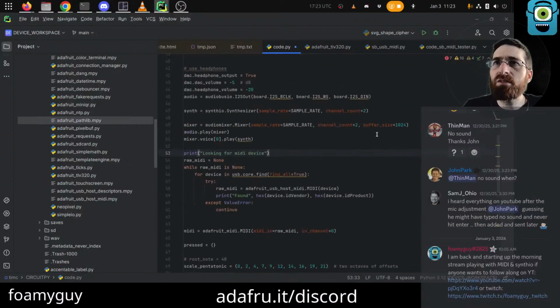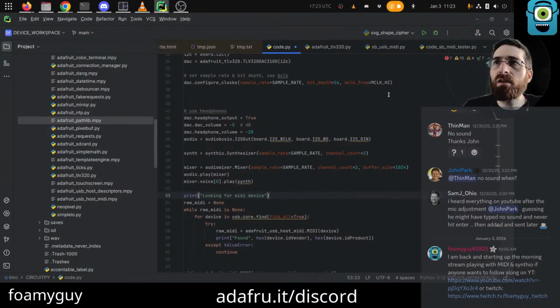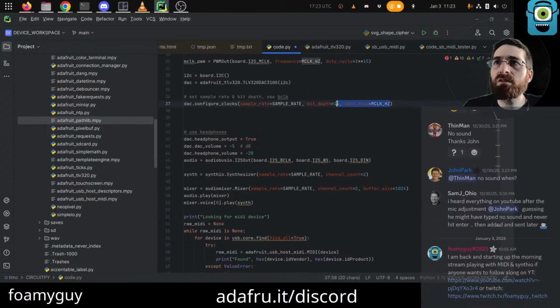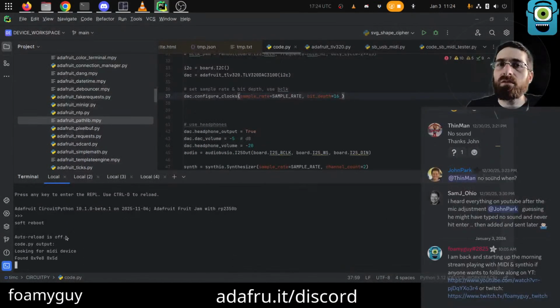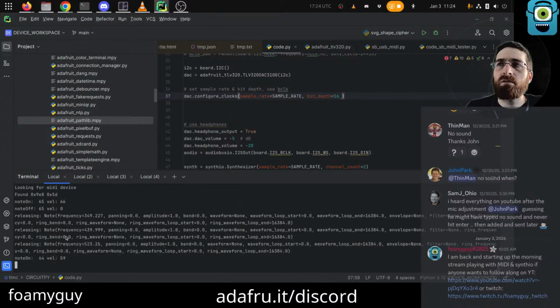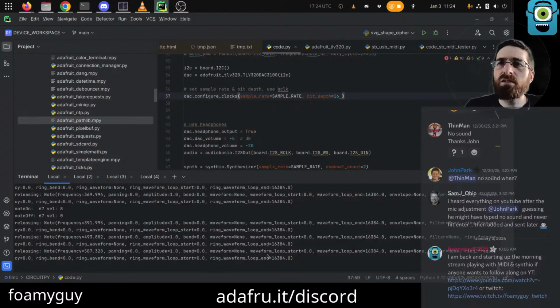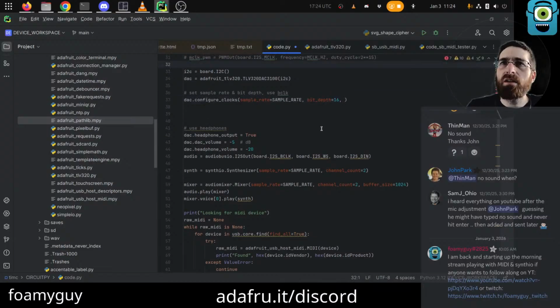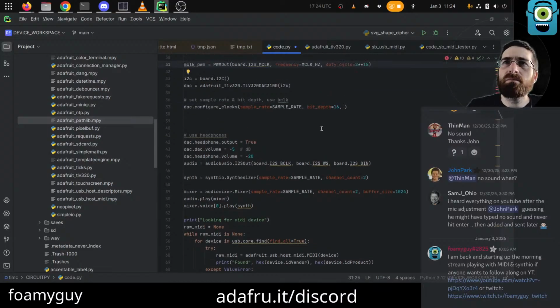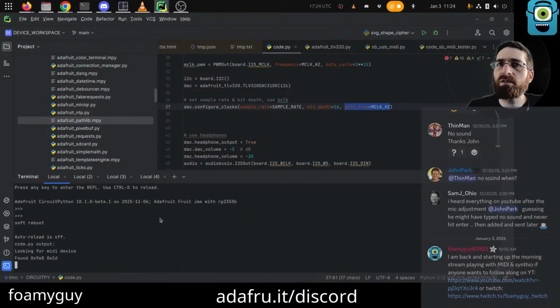Let's see. So if I'm understanding that other code right, we could theoretically just take this back out and this also. Yeah, it's definitely different. It does sound different. It's way more, I don't know if harmonic is technically accurate, because I don't